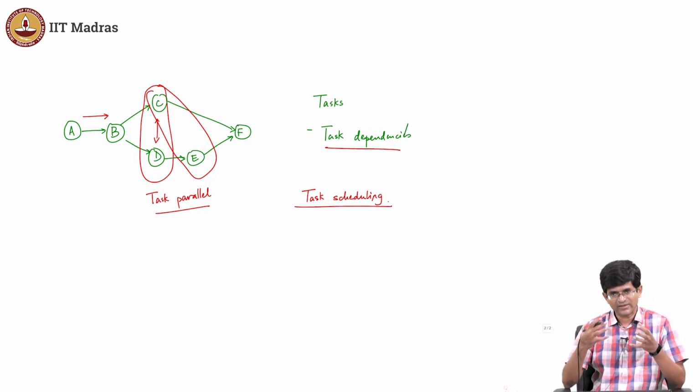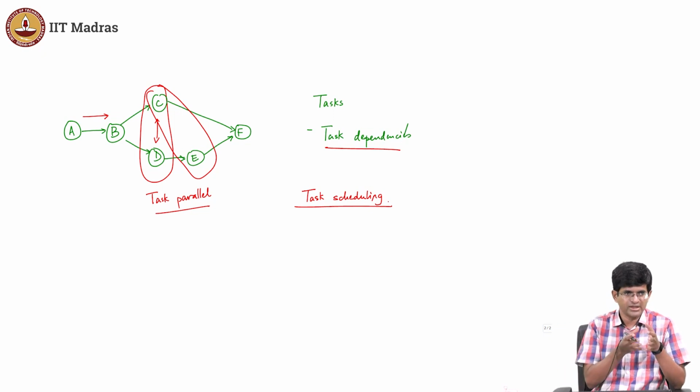Basically what you have is a set of tasks, some work that needs to be done. Those tasks have certain dependencies between each other. You need to make sure that all the dependencies are satisfied, but at the same time all of these tasks are executed in some way, with some cost. So either you want the minimum total time, or you want the tasks to be put on processors that are less expensive, or you want them to consume less power.